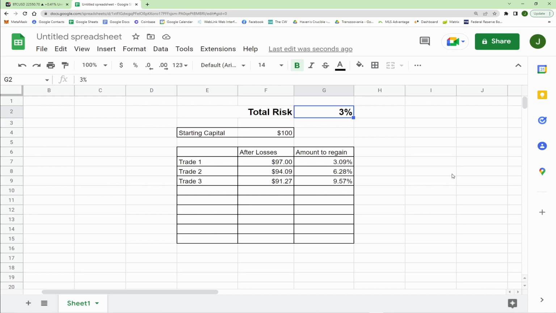Now, I will say the average trader risks 20%. I know that sounds crazy, right? The average trader risks 20% per trade. Now, if you're going to risk 20% per trade, which in my mind is crazy, and I will say I actually used to be like this back in the day when I first got started. After 3 trades, it takes nearly a double of your entire port in one trade to get back.